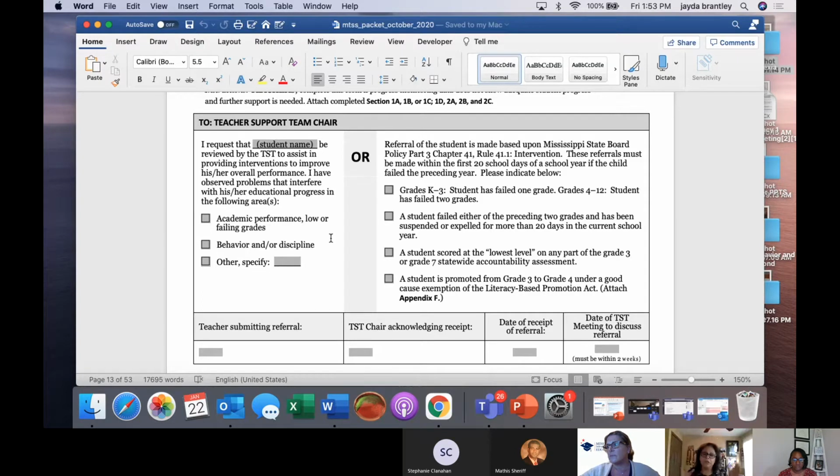I was just going to say that's another thing that the interventionist before me in our building did. She changed the way we viewed our TST meetings, and she brought in a way that we could come in and discuss. So yes, we discussed our kids that were on tiered intervention and how they were progressing, but then she would ask, do you have any questions about any other kids? And as a team, because it wasn't just her and I,